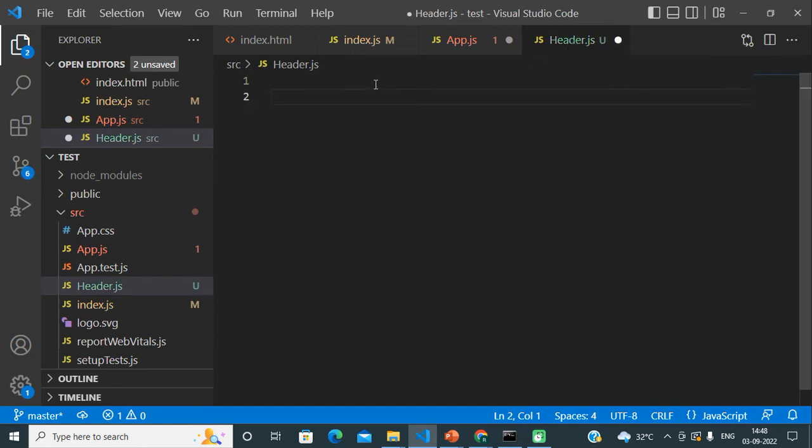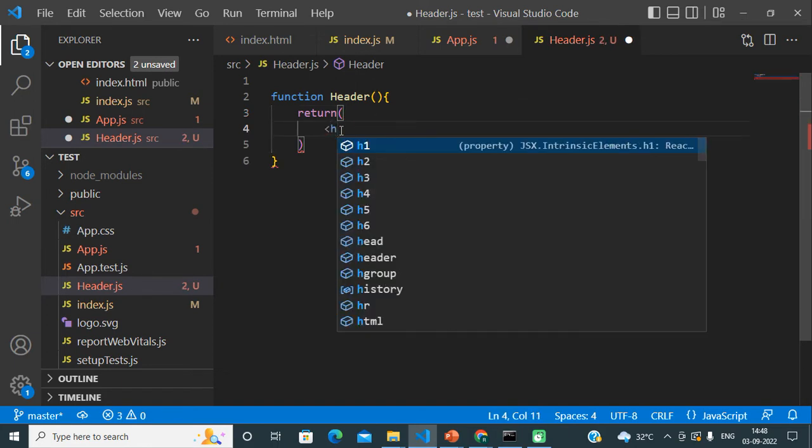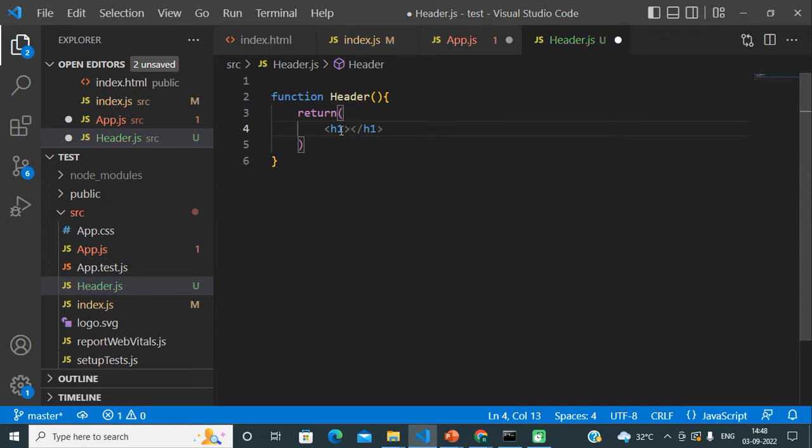What I will do next is write a normal JavaScript function with the same name. Always, component names start with a capital letter. Just a normal JavaScript function. I will return a normal JSX from that function, and my JSX will be just one h1 tag which says this is header.